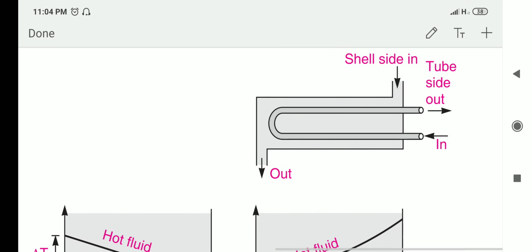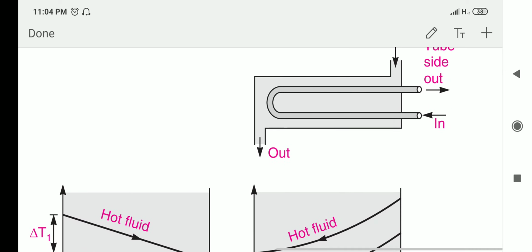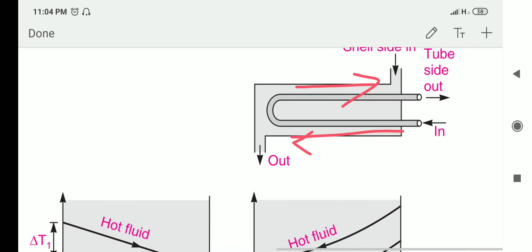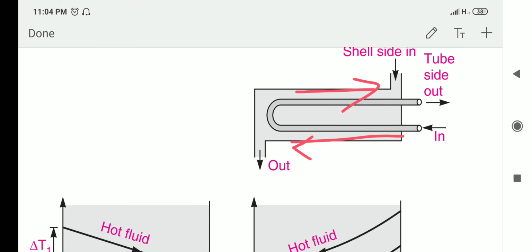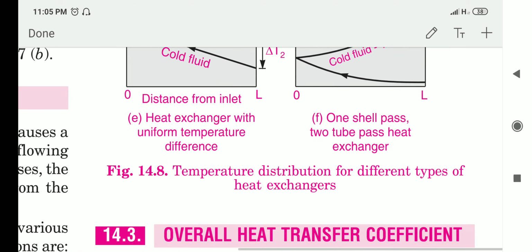And once it reaches the full length, the relative direction of motion for the tube side fluid is reversed, resulting in a difference in arrangement. That is, initially it is in parallel arrangement, and finally when it goes out it is in counterflow arrangement. So the graph will be initially temperature like this and then going upward as in a counterflow heat exchanger.